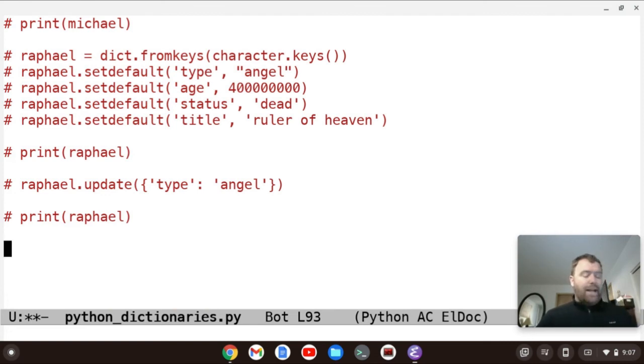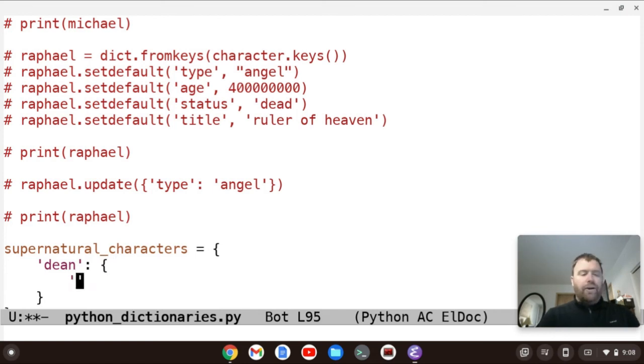Let's create an overall dictionary called supernatural_characters, with open and closing curly braces. We start with the key, which is the dictionary we want to nest in there. The first key is going to be Dean. We have a colon, and then we pass in the value, which is going to be a dictionary.